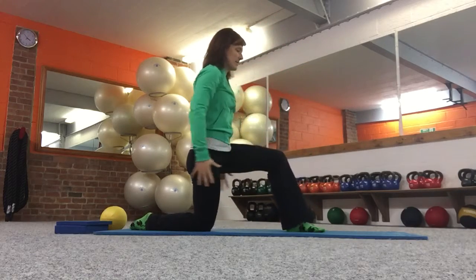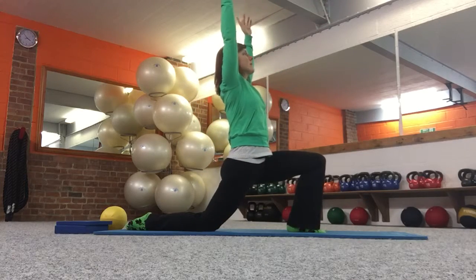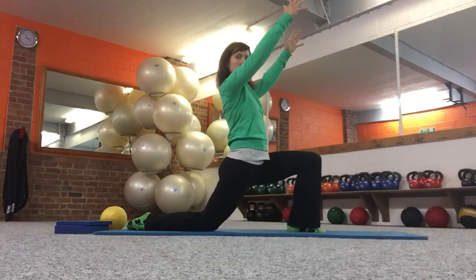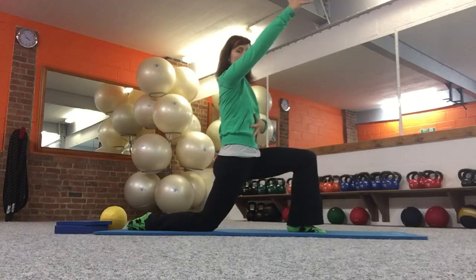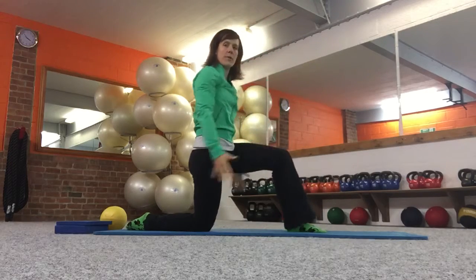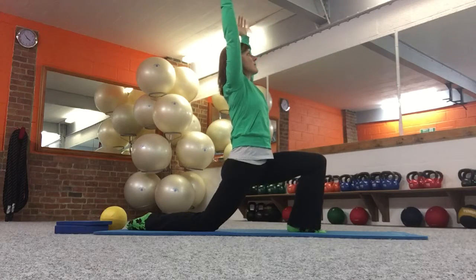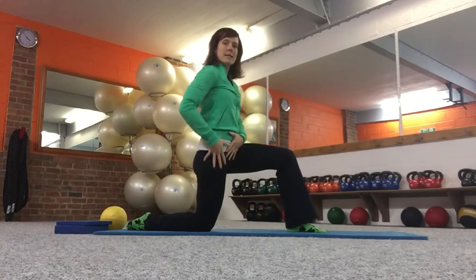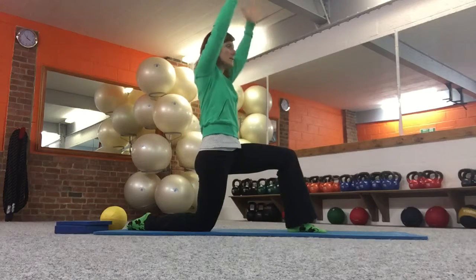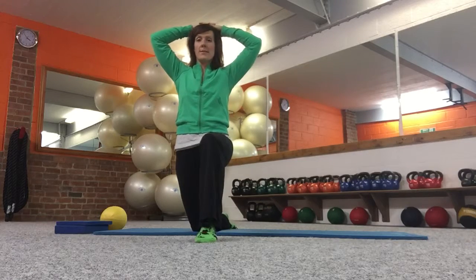And come back. Breathing in and out. Try and watch you don't go into your lower back, so I'm keeping a stretch here and support through the front. Just 4 of those. And then we're going to come back to that start position where your hips are right over top of your knee. Take the arms overhead, and you can either have them straight or hands on the head,